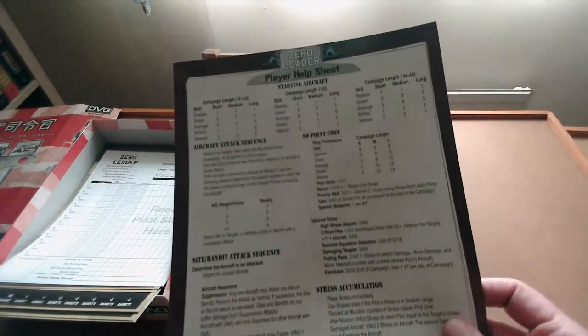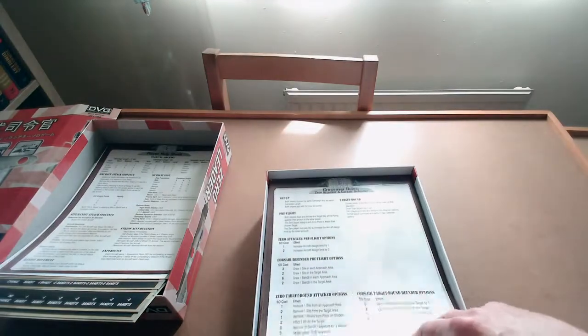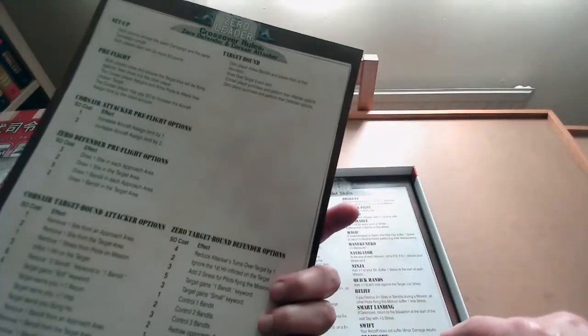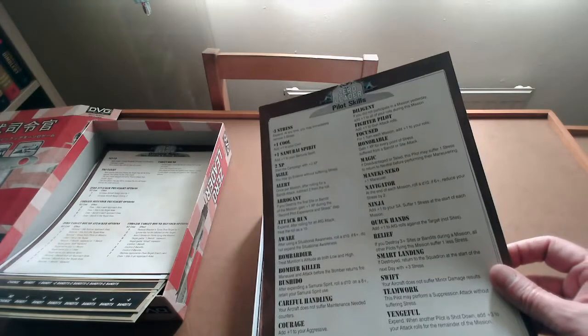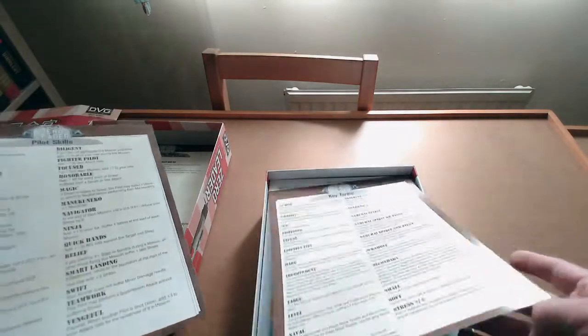Player help sheet, double-sided. These are the crossover rules, playing the two games together. Looking forward to doing that. The pilots, as you go along, have different skills, and they can gain skills as they become better pilots as well. So that's telling you